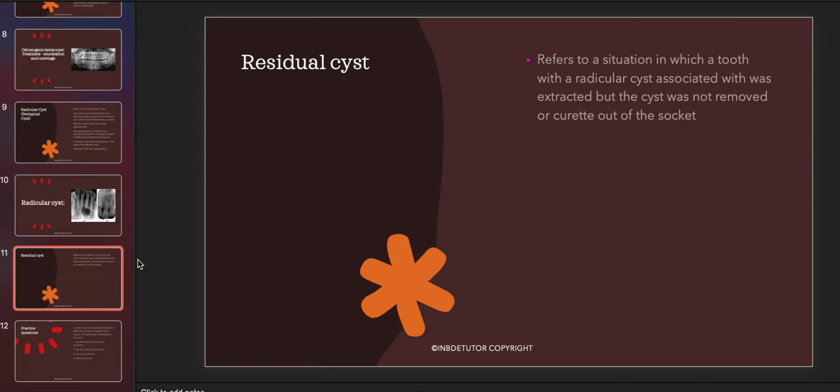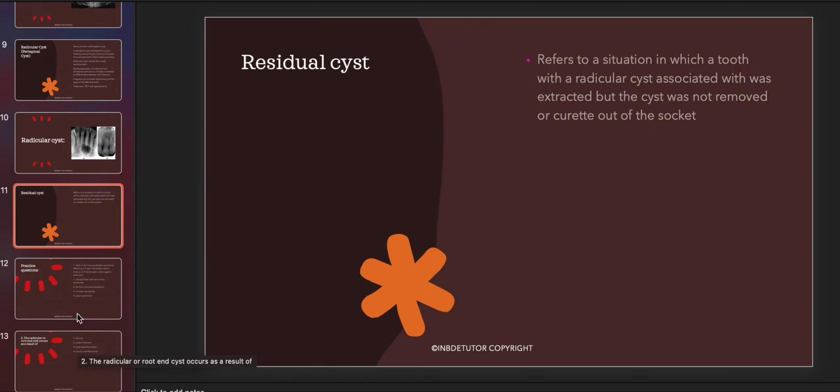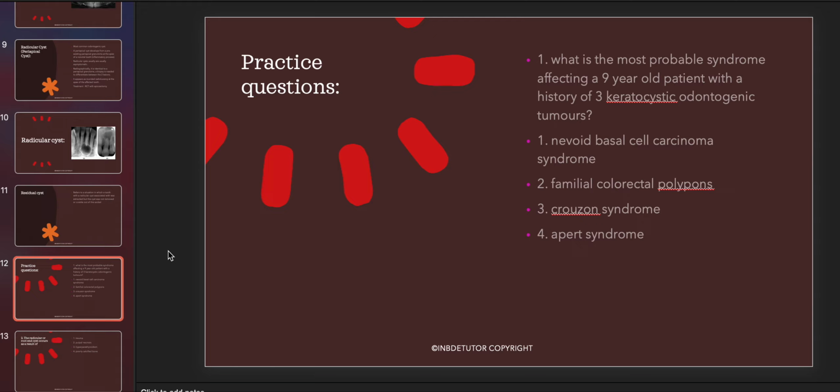Now, that was all for today about the odontogenic cyst. In the next video that I will be uploading, we will discuss a little bit about the pseudocyst or the fake cyst. And I have already uploaded 3 questions just for a practice test, so you can have an idea what kind of questions come in the exam, and you can solve these as well after the whole video. Now, let's solve the first question.